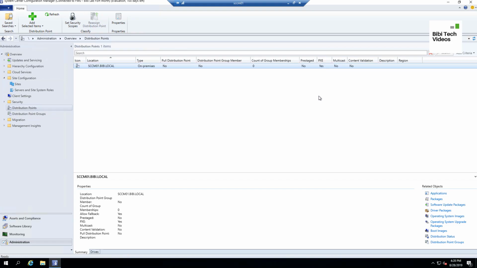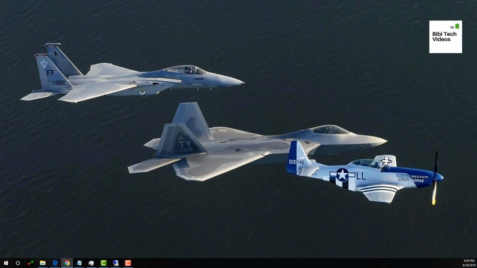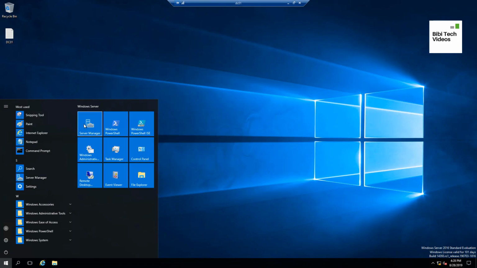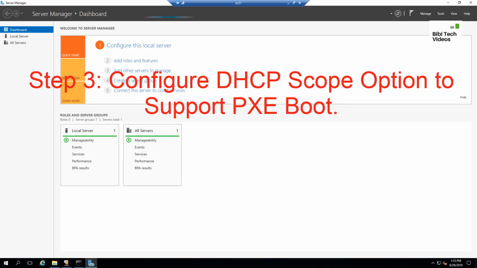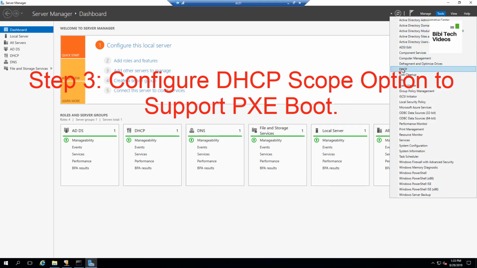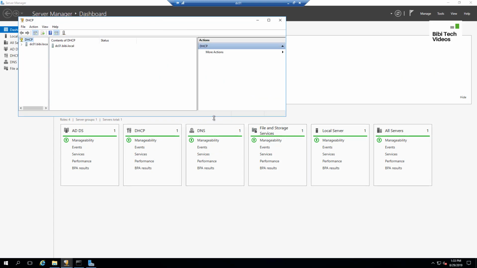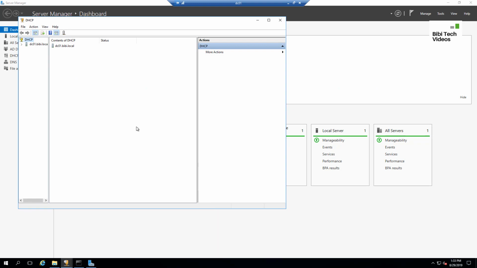All right, so I refreshed by pressing the F5 key, and you can see PXE is enabled now. Next, I'm going to log into the domain controller and configure the DHCP scope option real quick. So I'm going to minimize SCCM01. Launch Server Manager. Go to Tools, click DHCP, and I'm going to show you where the